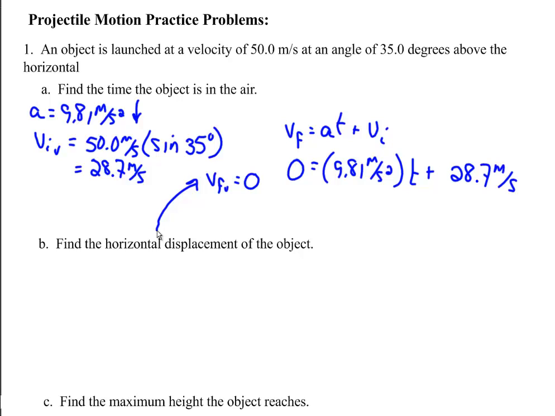Now I have to make sure that I get my signs correct here. Acceleration due to Earth's gravitational pull is down. My initial velocity in the vertical direction is up. I have to decide which direction I want to make positive. It doesn't matter. For this one, I'm going to say I like up being positive, so this has to become a negative 9.81. So I go through, I do the math, I solve, and I get the time is 2.93